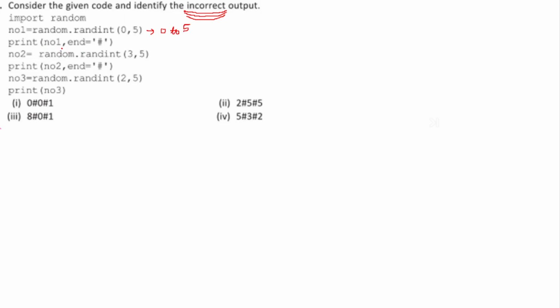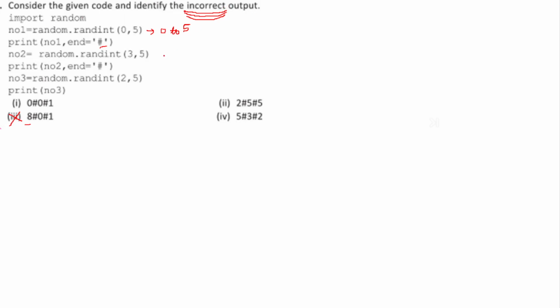So print no1 and hash. So 0 to 5, any number can be printed followed by a hash. Now we see that 8 is coming here. no1 can have the value from 0 to 5 only. It cannot have 8. So option number 3 is rejected, and immediately we get the answer.